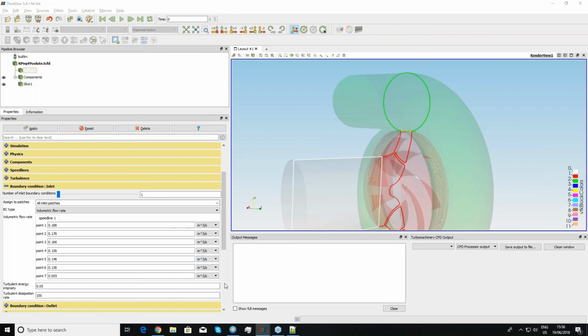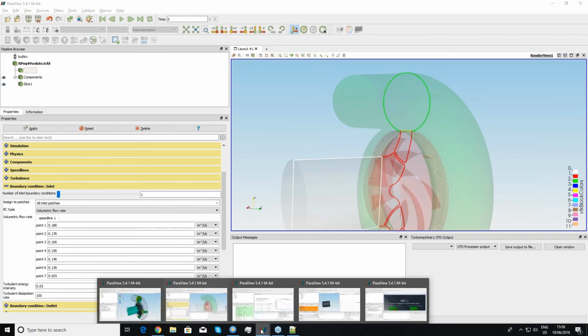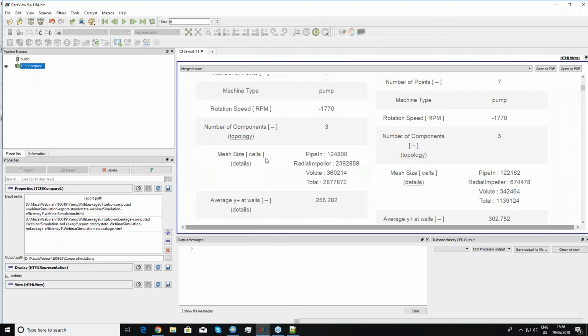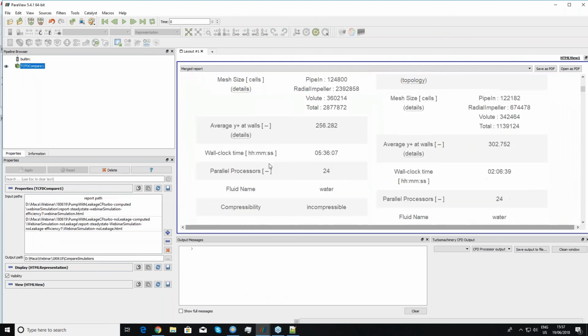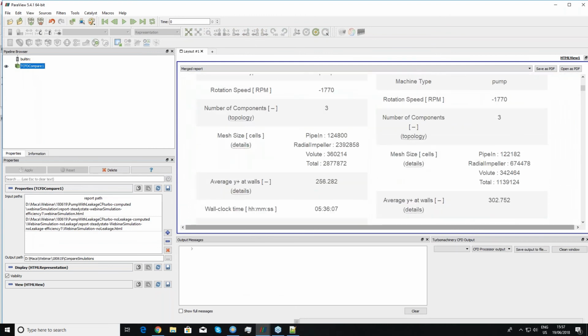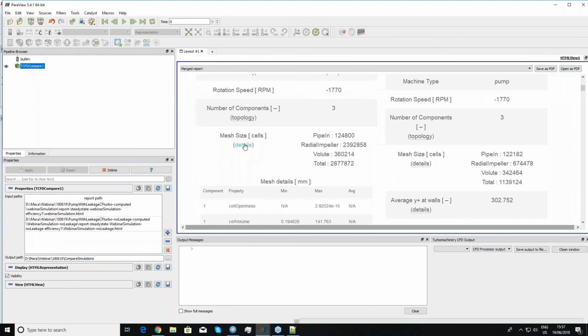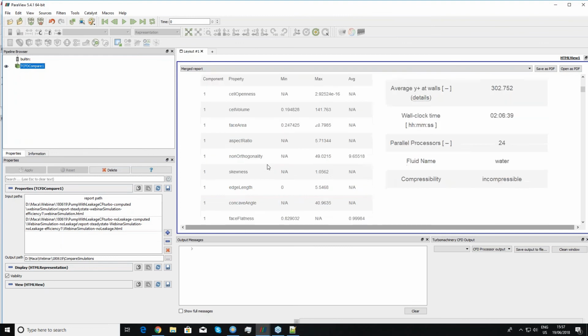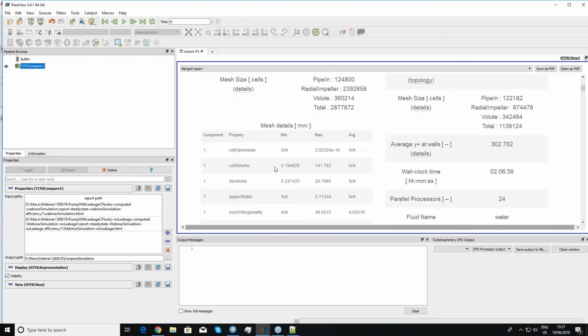Yes, I can answer, of course. There is, and it is hidden directly in the compare report. So maybe, okay, I will try to use this one. So this is the mesh size, and if I open the details, we will see the mesh quality for each component,